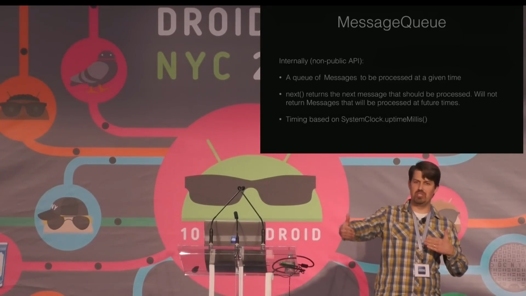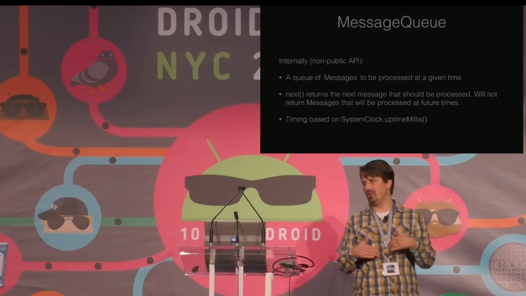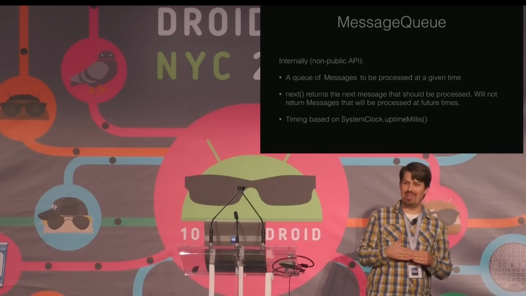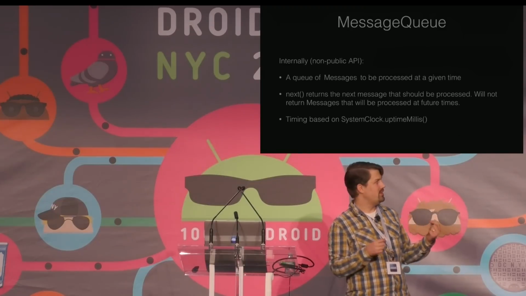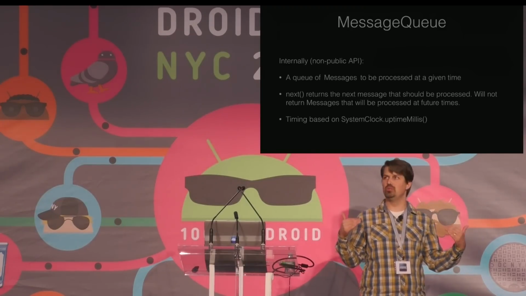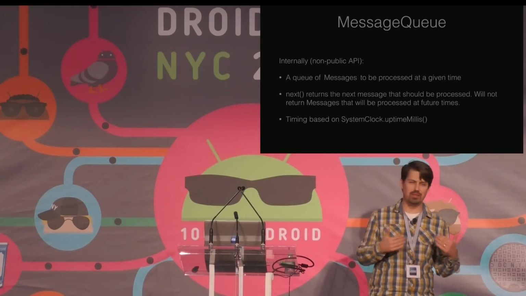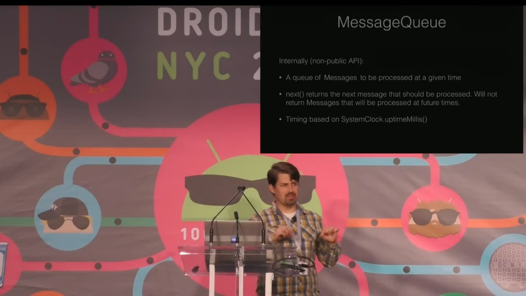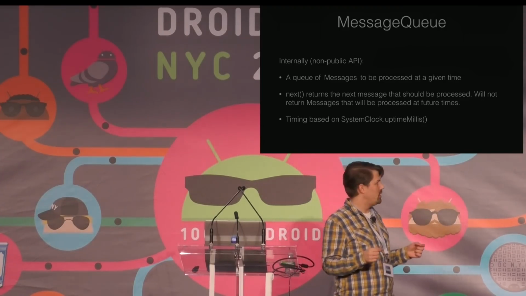Messages have a time, which is the earliest time that they're allowed to be processed. So if there's no messages that have yet met their time when they can be processed, then that next call will just block, and it'll just wait until somebody gets to the front of the queue at the time that they can be processed. The important thing to note is that the timing on the main queue and the main